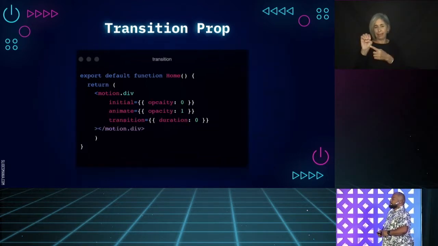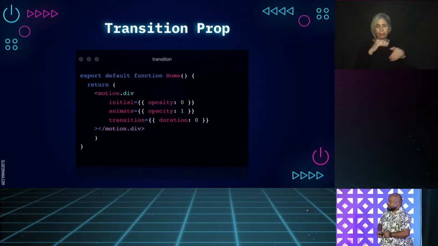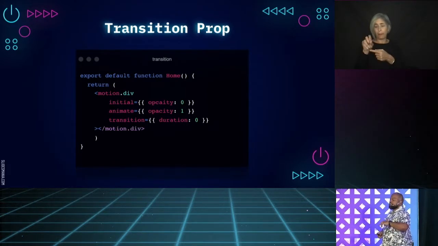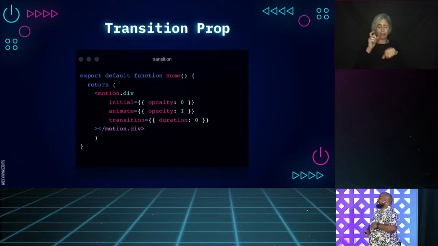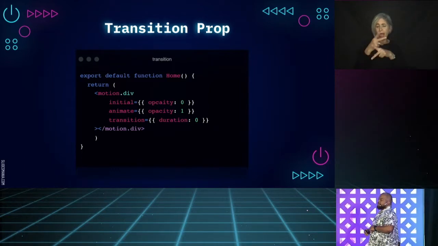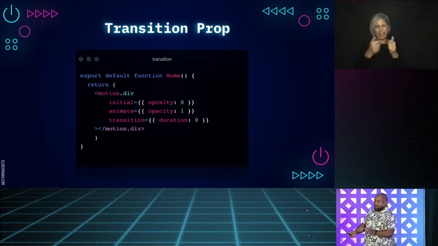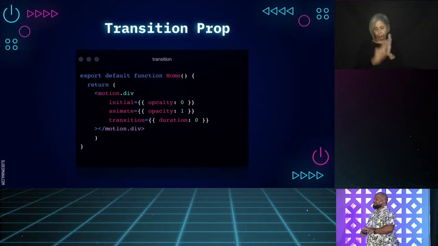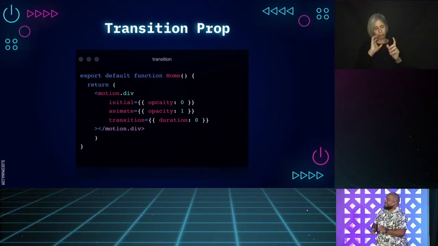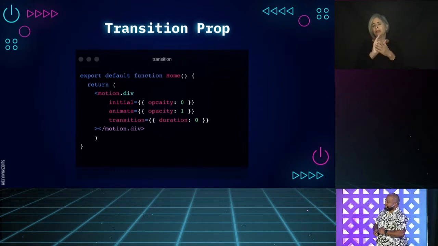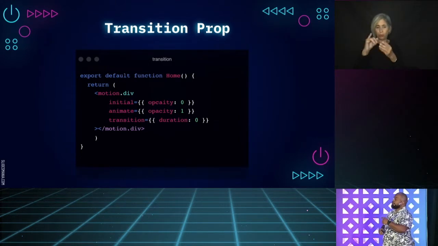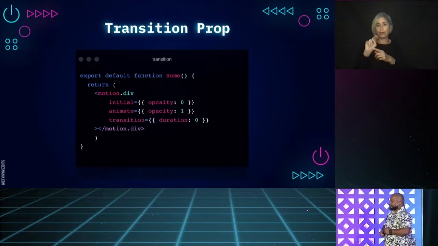In order to do that, you use the transition prop. The transition prop allows you to change the timing, the type of animation, the speed, all types of things that you can really dive deep into to customize your animation. For this transition prop, I set the duration to 0.